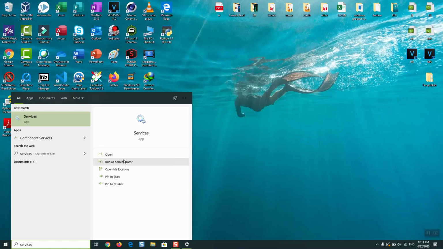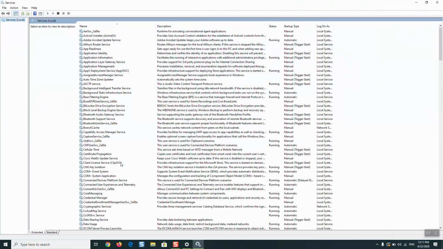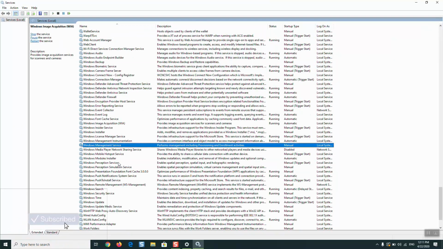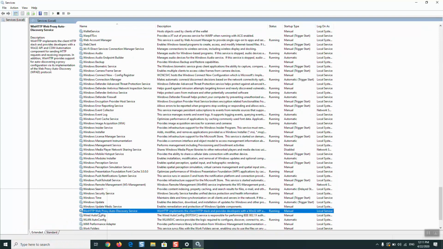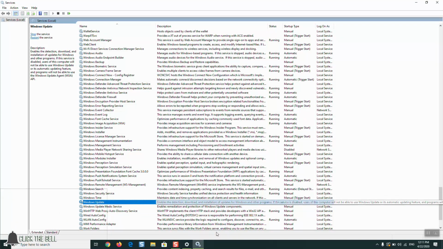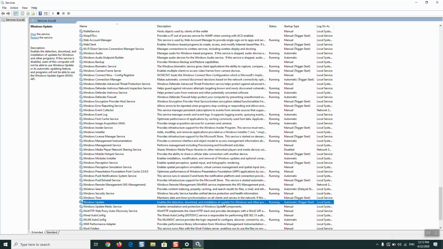In the search tab you type services and you click on run as administrator. Once done, you want to click anywhere and you press the letter W on your keyboard and you keep going till you reach Windows Update. As you have it selected, regardless if the status is running or not, you just double click on this Windows Update. If it doesn't work for you, then just make sure that it's selected, click with the right button